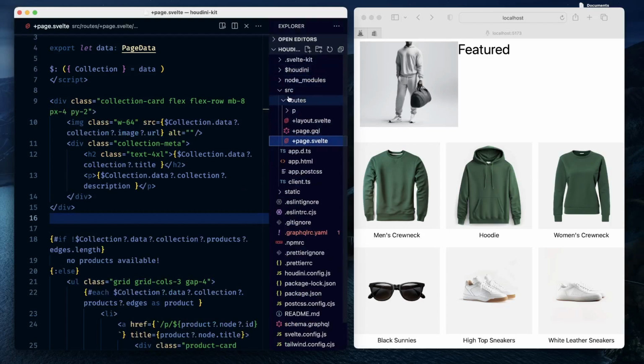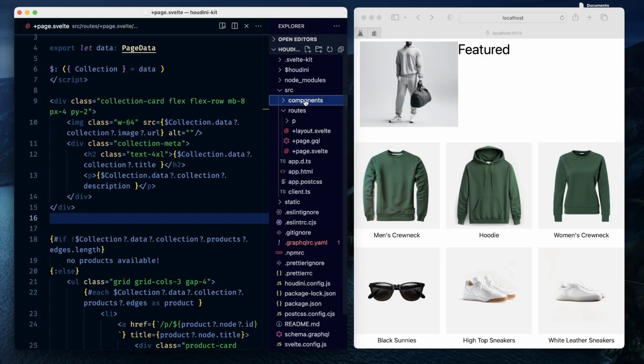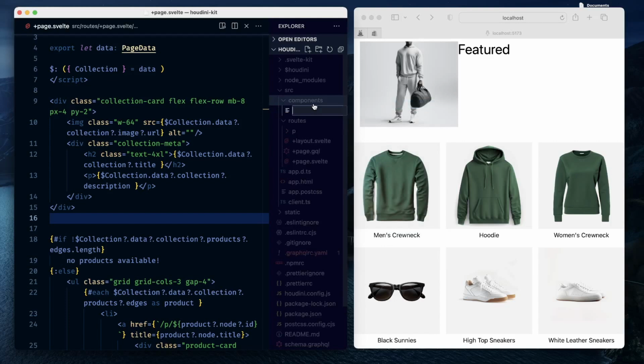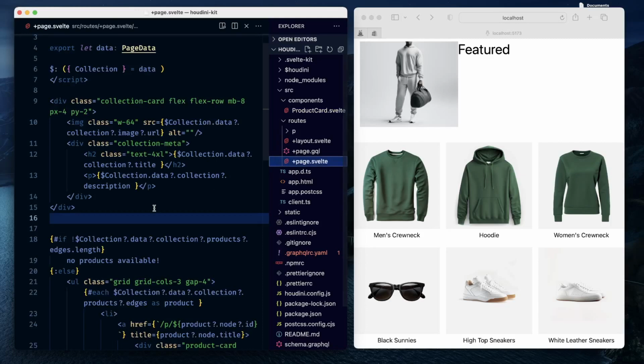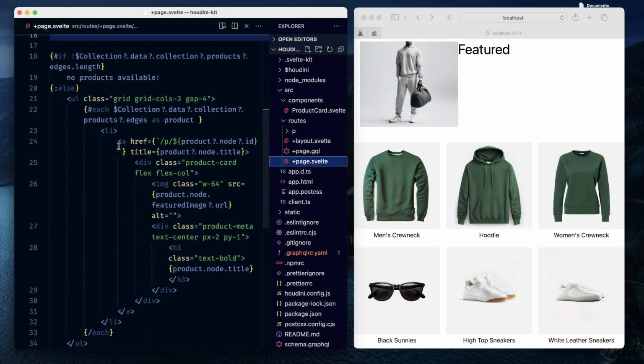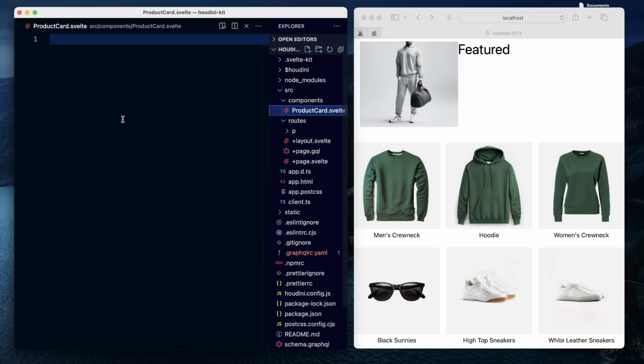Create a new folder over here, components. There create a new component product card dot svelte. Come inside this page, take all of this, place it over here,